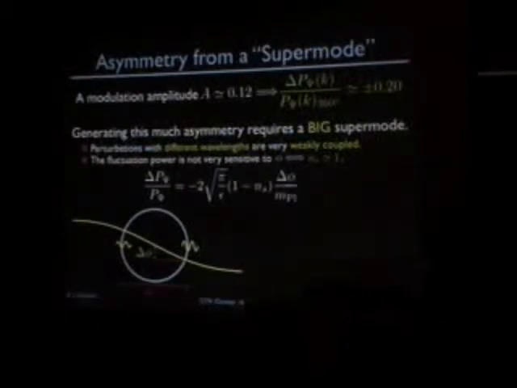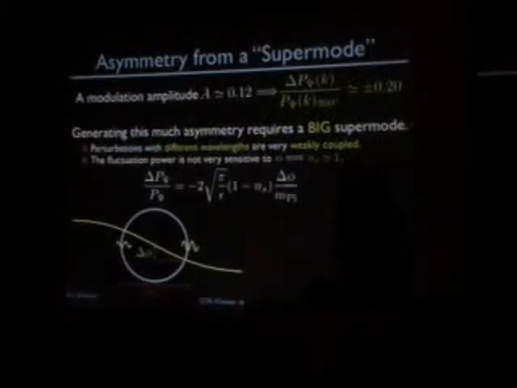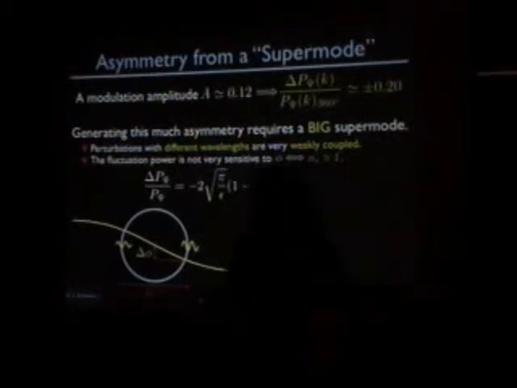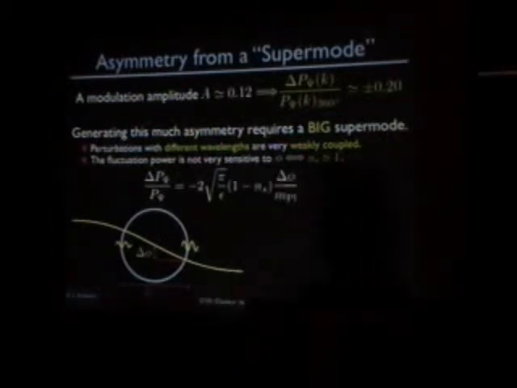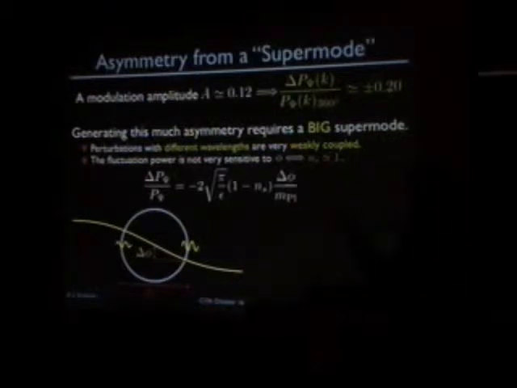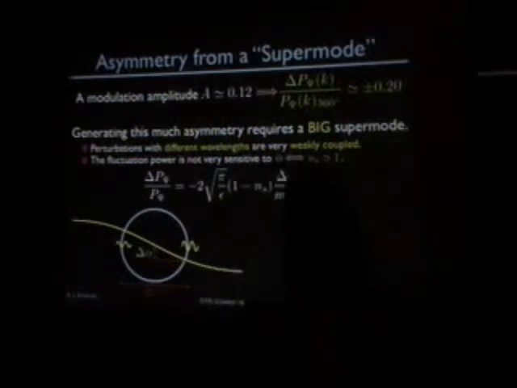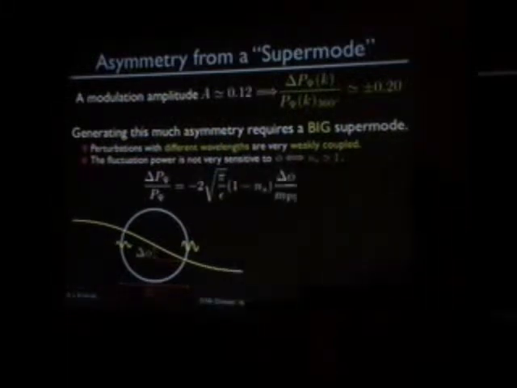Now, we saw the modulation amplitude here is 12%. That translates to a power asymmetry of about 20%, that the power is 20% higher and 20% lower on opposite hemispheres. Generating this much asymmetry requires a very, very big supermode, largely because of 2 related characteristics of the